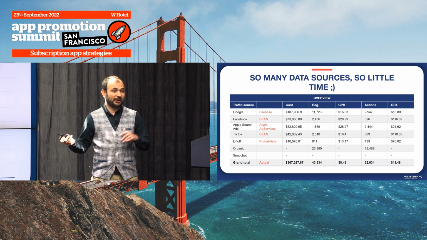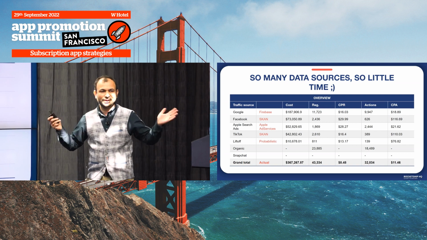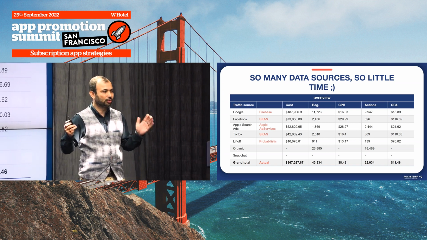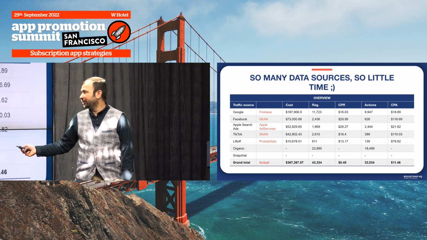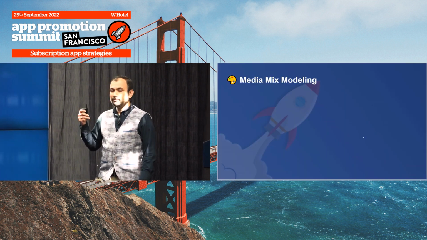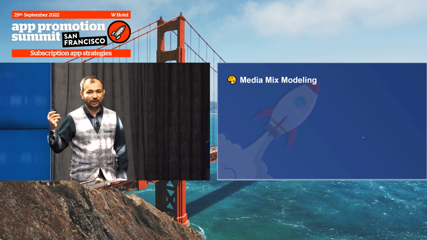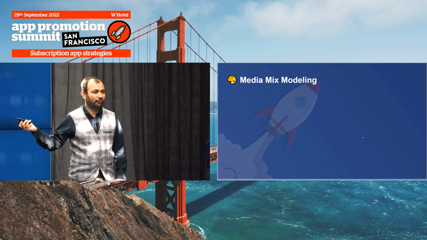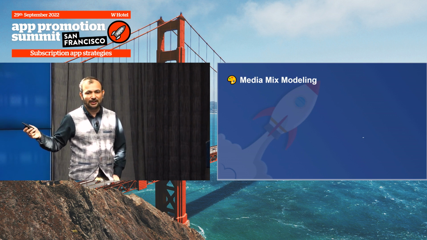So what do you do about this? And this is true irrespective of what scale you're at. Obviously, if you're on one channel, you can just use Facebook and be done with it. But the moment you get 2 or even 3 channels, this is a problem. So what do you do about this? Media mix models are one of the most important things we do to make sense of the mess we are all in just now.